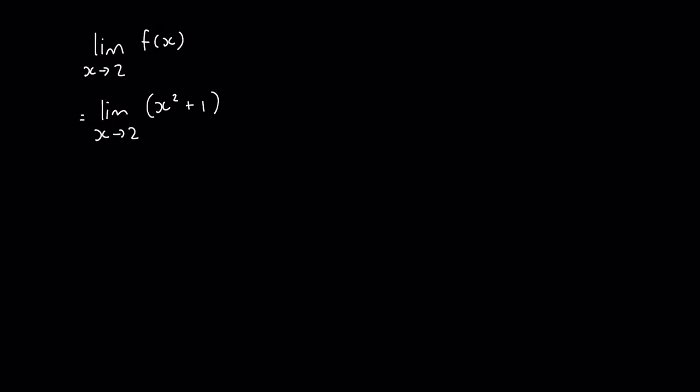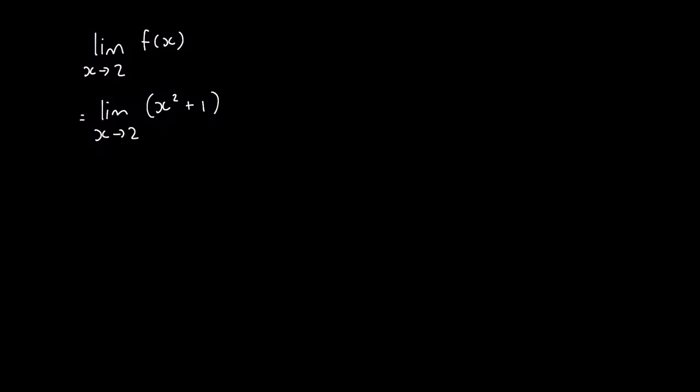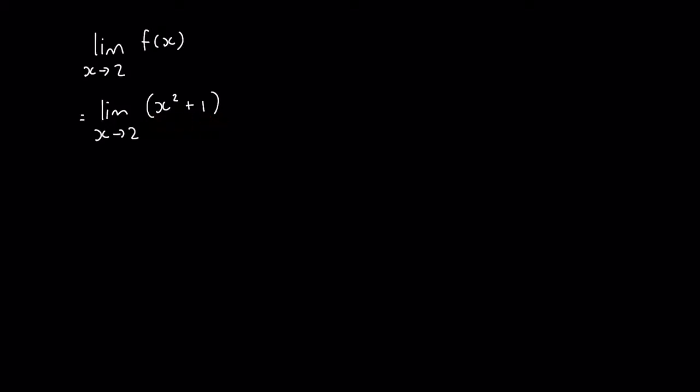You must use a bracket when you have more than one term in your limit. Otherwise, if you didn't use a bracket, then it wouldn't show that the 1 is actually part of this function and part of this limit. So all we have to do now, algebraically, we don't have to do those hundreds and hundreds of substitutions as you saw in the table on the previous page. But all we have to do is substitute x equals 2 into this particular value over here. So the limit as x approaches 2, we're going to substitute the value that we want the graph to approach into x squared plus 1. Right, so we're going to get then x equals 2, so it becomes 2 squared plus 1,